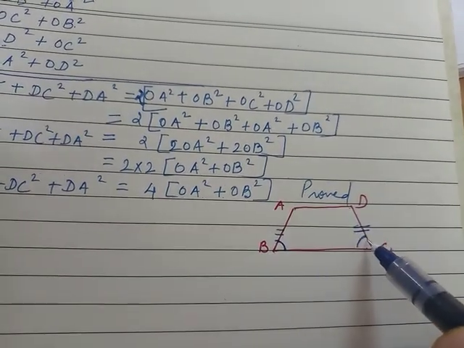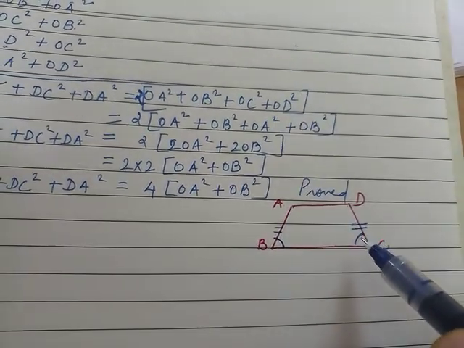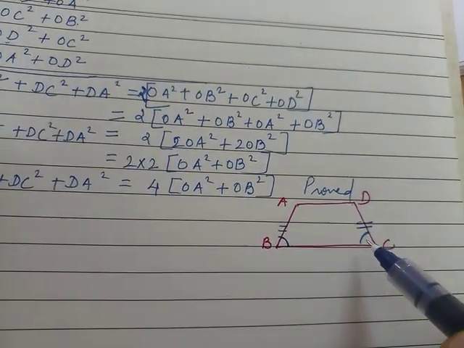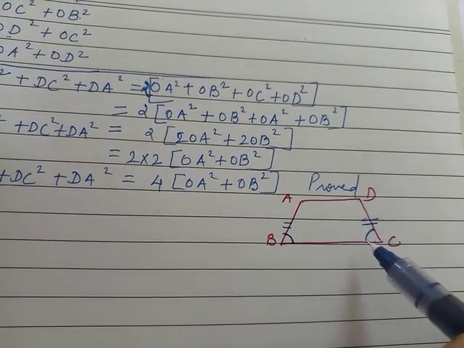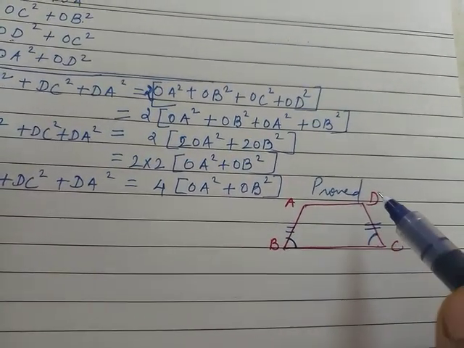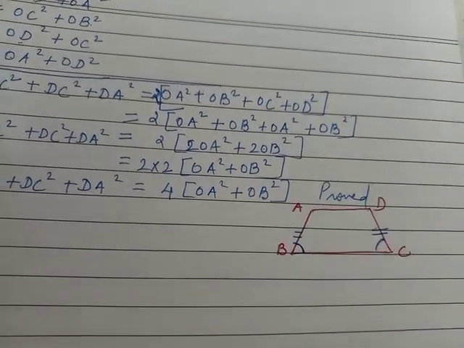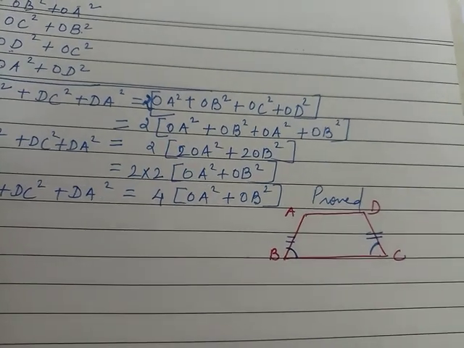So in place of angle B, can we write angle C? Yes. So A plus C is 180. Similarly, in place of C, what can we write? Angle B, because B and C are equal. Therefore, D and B also becomes 180. Therefore, the sum of opposite angles of an isosceles trapezium is supplementary. Let's see its proof.